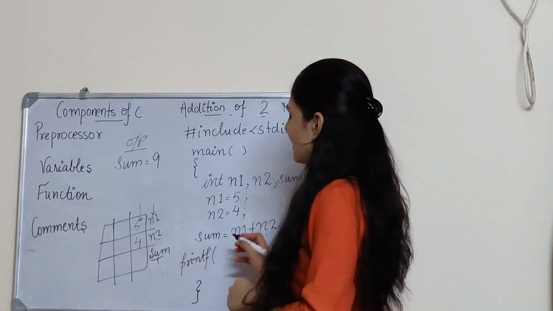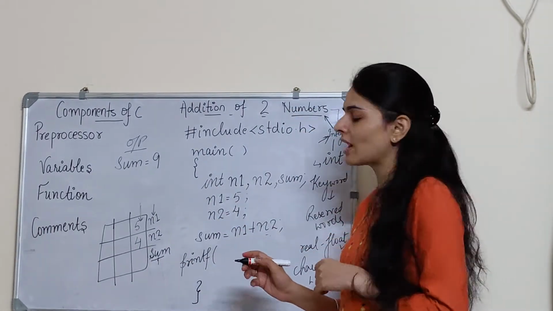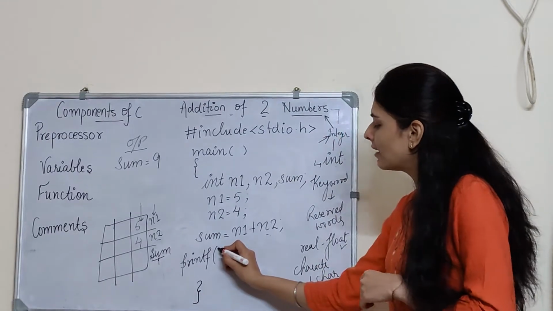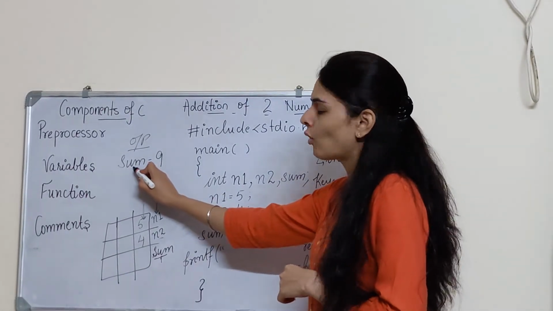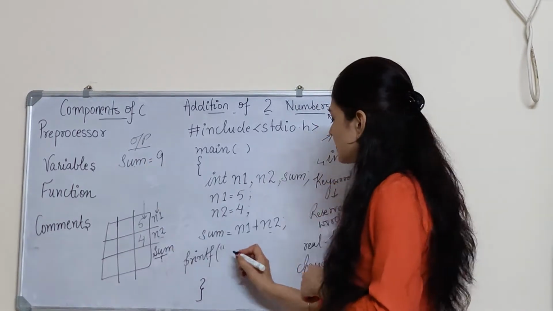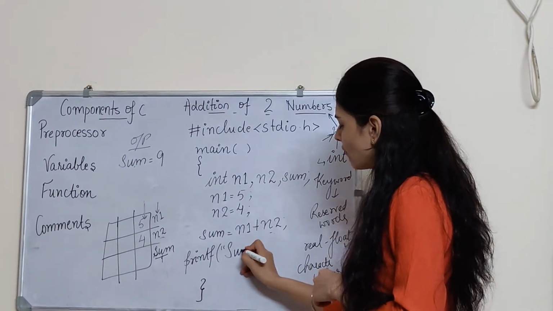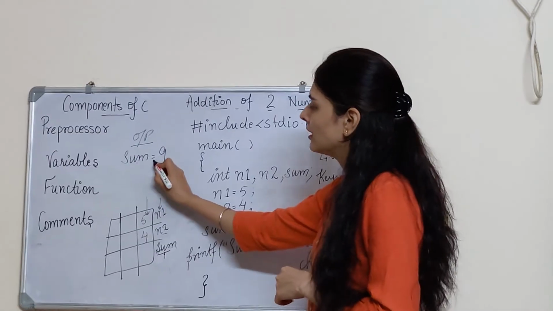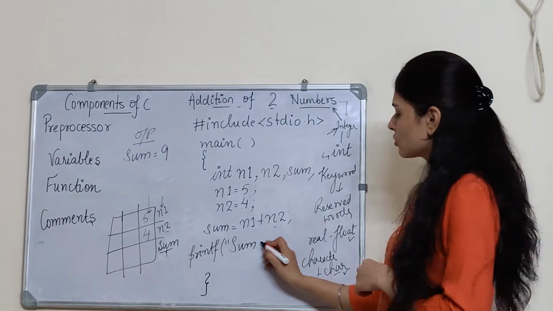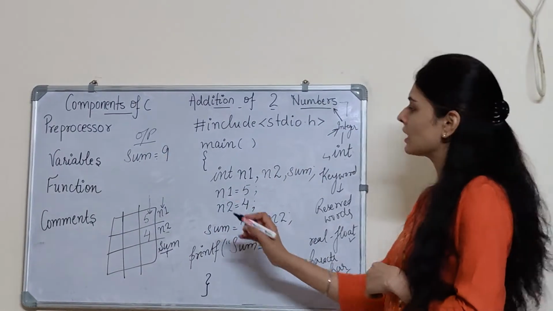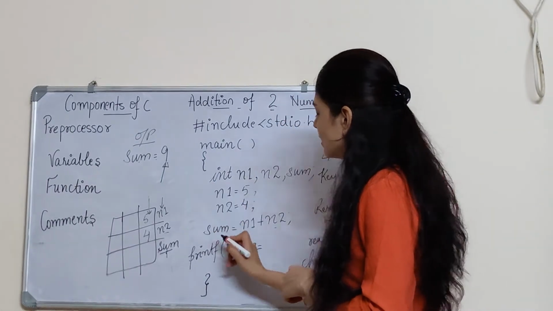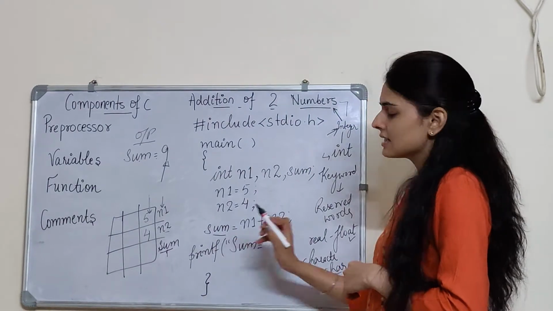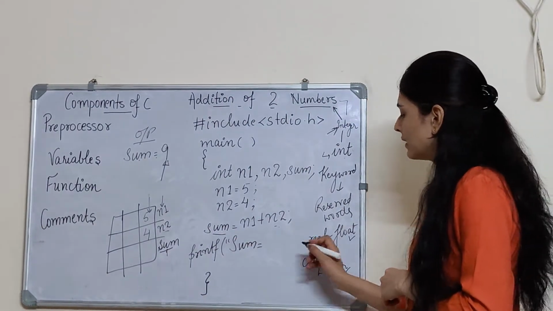So for displaying any output, in the Hello World program we have already seen that we include the double inverted commas. After that, whatever I want to print over the screen, that I'll write. So I want to print sum. After that, I want the equal to sign, so over here I'll provide the equal to sign. Now over here, I need the sum value. The value of this sum I want to be printed.